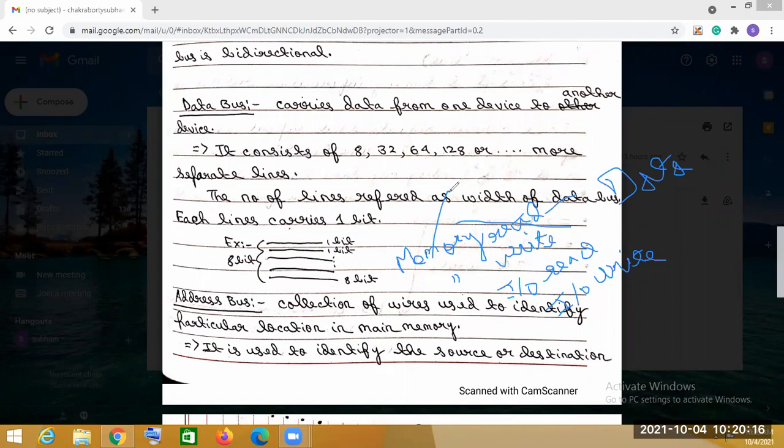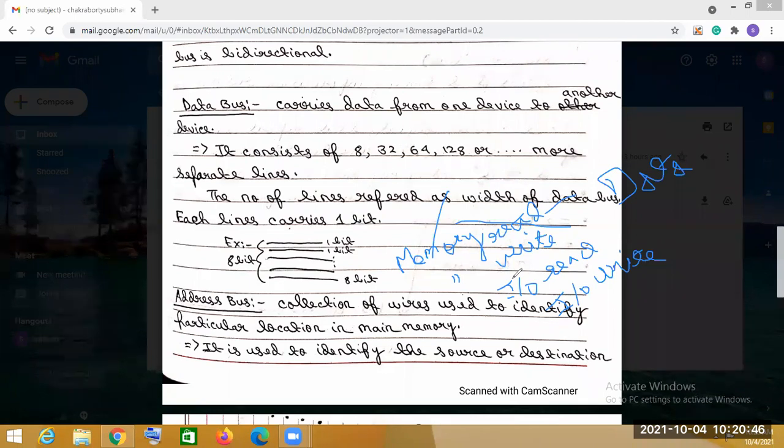Okay. So from here, what is IO read? IO read means data from the address location, or the address of the IO ports, is to be placed on the data bus.